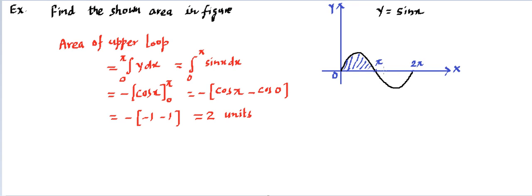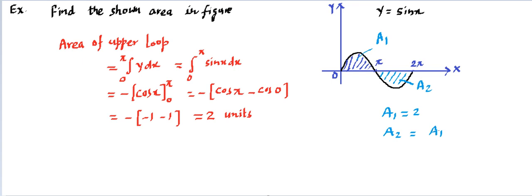Now if somebody says find the area of the lower loop, then some common sense may work. Using common sense, you can say sine is very symmetrical as you go upside or downside. Basically sine keeps on repeating the same loop, once upside, another downside. So if you integrate from pi to 2 pi, then you can get this area, which is downside. If this area is a1 and this area is a2, then a1 and a2 will have the same magnitude. So a1 value came out to be 2, so a2 can also be said to be the same, equal to a1, which is equal to 2.